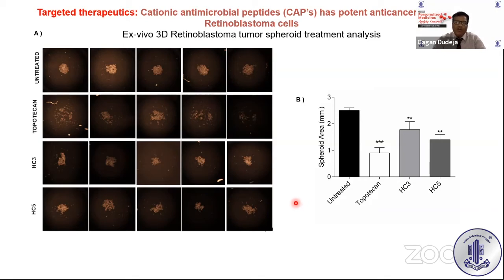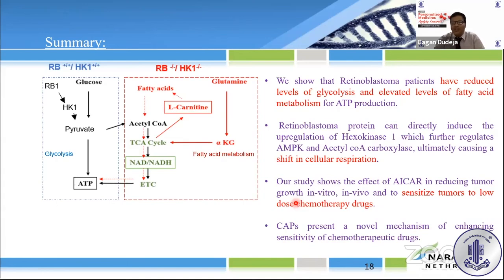And we did a further experiment where we found that this can also work synergistically along with topotecan. That was additive. So this again gives another selective treatment targeting retinoblastoma cells, and this one will spare the retinal pigment epithelium. So the chemotoxicity will come down. So these two drugs basically answer some of the questions which we had earlier: can we sensitize the tumors, can we prevent the toxicity of chemo drugs to other medication, and we can see that these drugs are helping us in doing that. And can we also personalize the medication? We can use these medications in different combinations based on certain other factors and have an additional thing which is going to work there.